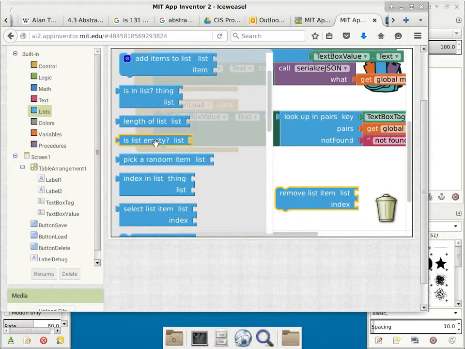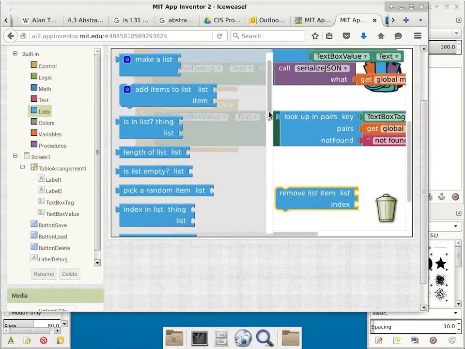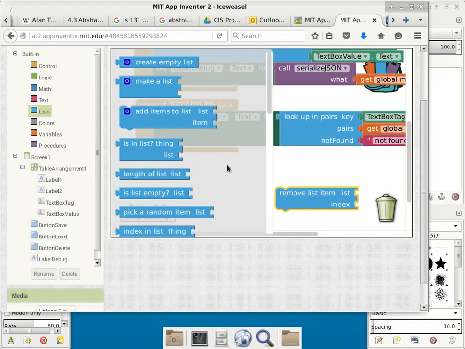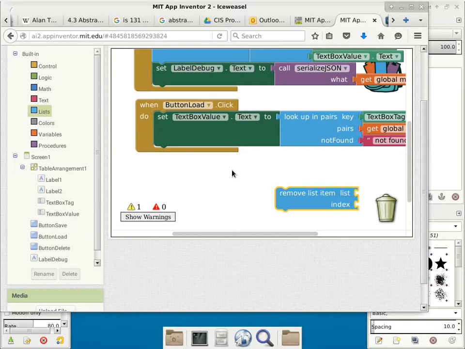Is a list empty? Not going to be helpful, not immediately. Length of list, not going to be helpful, not immediately. Is in list, not going to be helpful, not immediately. The other ones are not going to be useful immediately. Okay, so it looks like we don't have a choice but to implement our own subroutine or our own logic